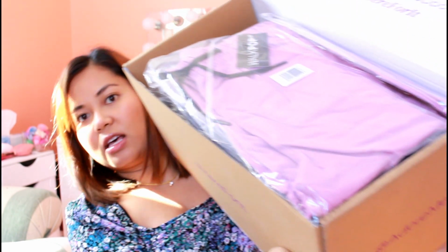So let's go ahead. I have my knife right here. Dong! I don't know why I'm doing all sorts of sound effects. A lot of stuff in here, so I'm just going to show you guys what the stuff looks like inside the box. There's a lot of stuff in here, literally. This box right here feels like it's 10 pounds. No joke, so heavy. Okay, I'm just going to pull the pieces out. That way I can, you know,